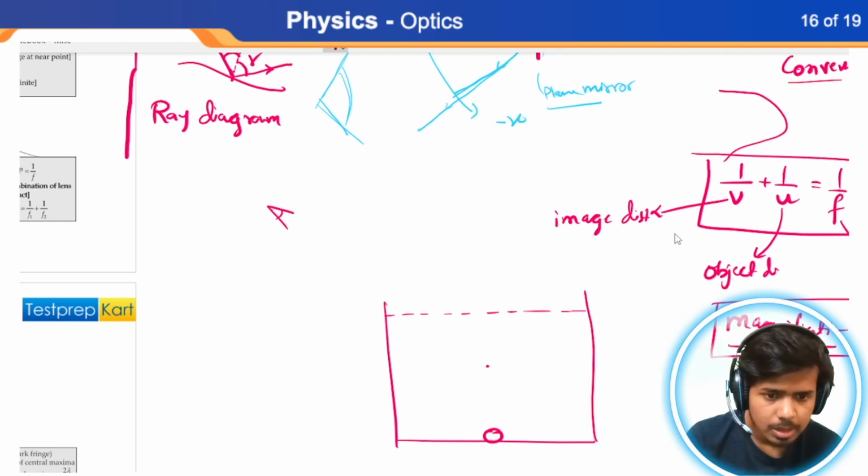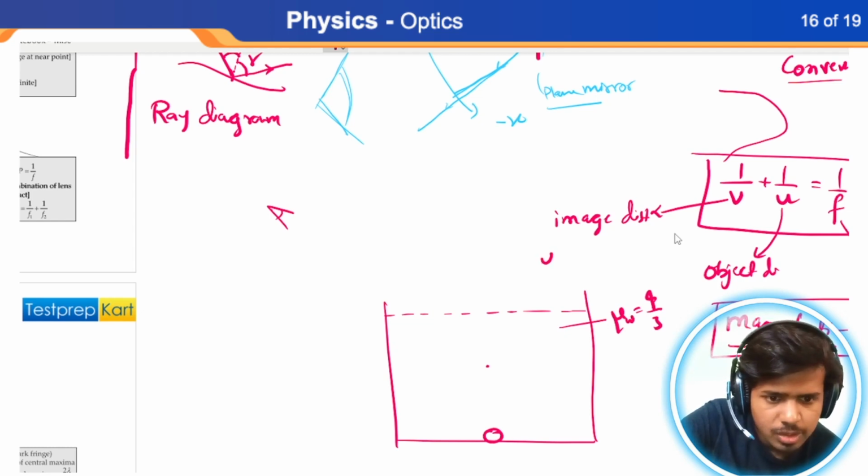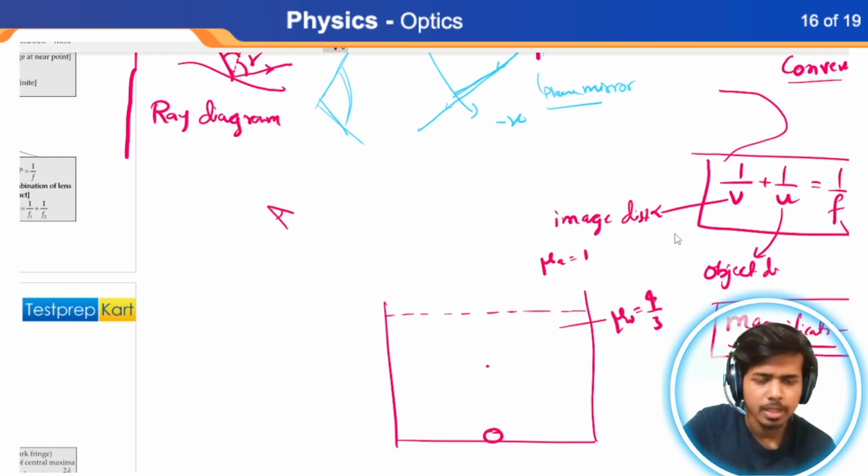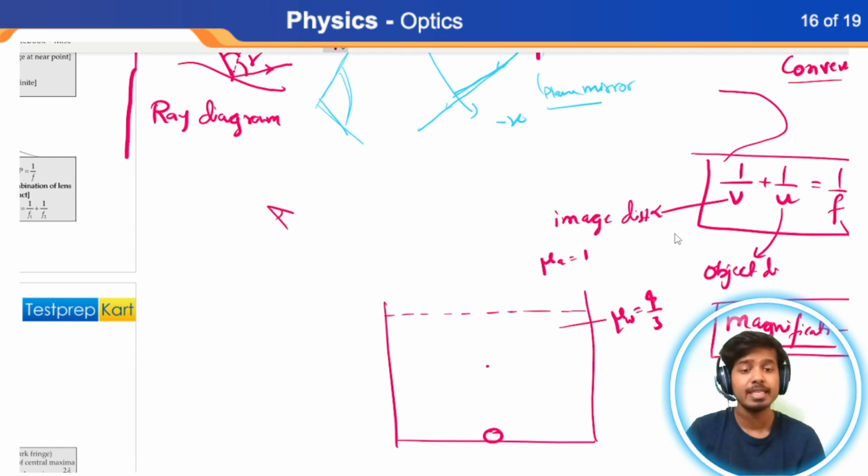Because the refractive index of water is actually equal to 4 by 3, where this is water, and the refractive index of air is 1. It is assumed to be 1, although it is slightly bigger than 1. The vacuum has exactly 1 refractive index. So